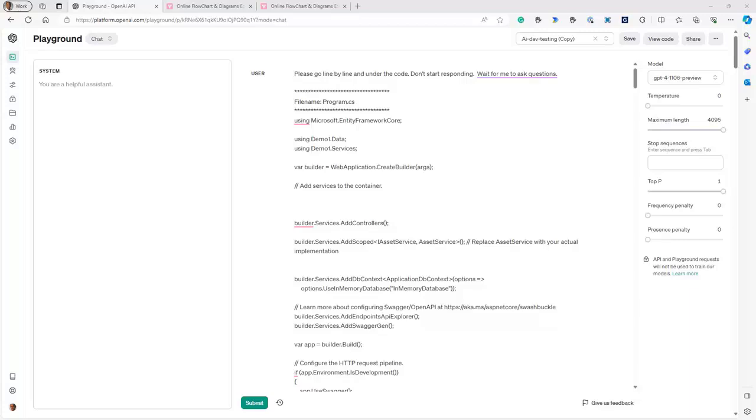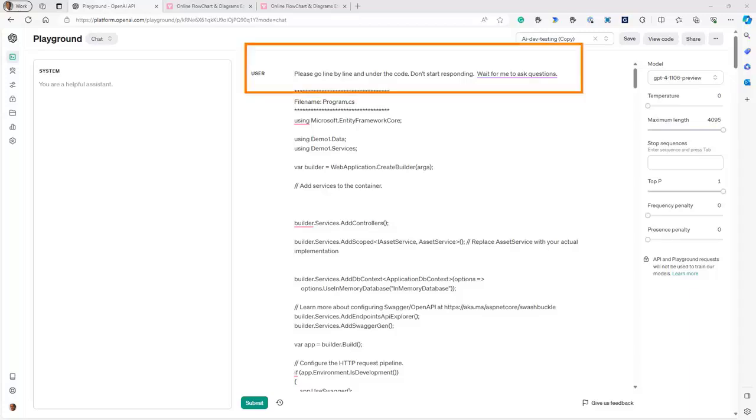Now, I could have done this example directly inside Visual Studio Code, and I could have gone to the GitHub Copilot Chat and asked it to make some suggestions. Instead, I want to show you an example of doing the same thing directly inside the playground. I don't have the at workspace argument that we have been using in the prompts previously, which gave us access to all the files in the workspace. So I had to resort to a small trick. I wrote a script which opened all the files in my solution, copied all of the .cs files into one large text file, and that's the file I'm going to provide as a context into my prompt.